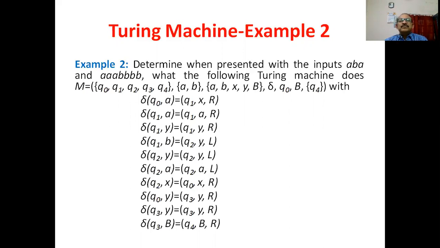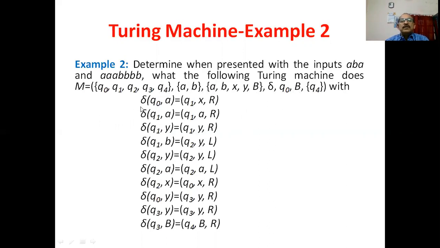Suppose we feed ABA, or next AAA and BBBB, into a Turing machine. Here you can see the Turing machine has 5 states Q0 to Q4. The input alphabet is A, B and the tape alphabet is A, B, X, Y, blank. Delta is the transition function, Q0 is the initial state, B is the blank symbol, Q4 is the final state, and the transition functions are defined